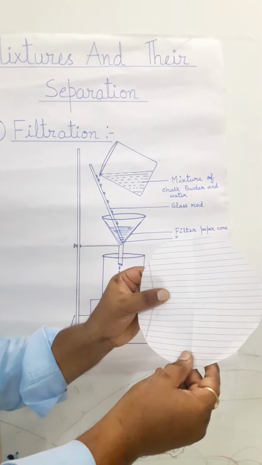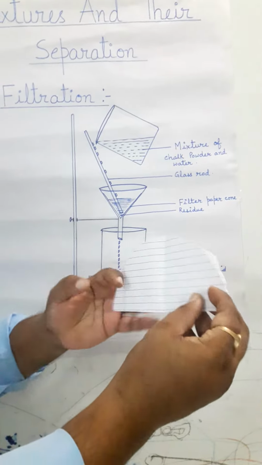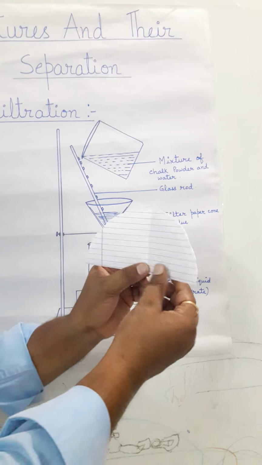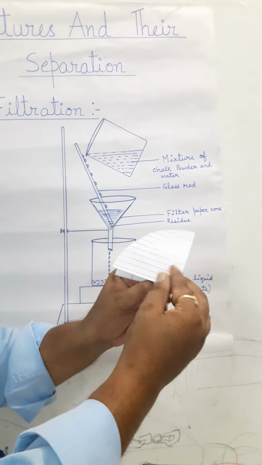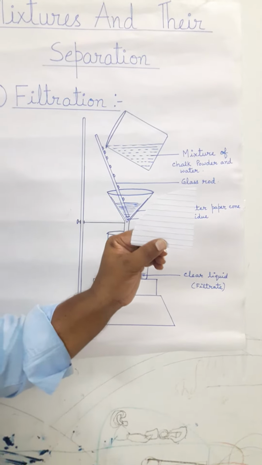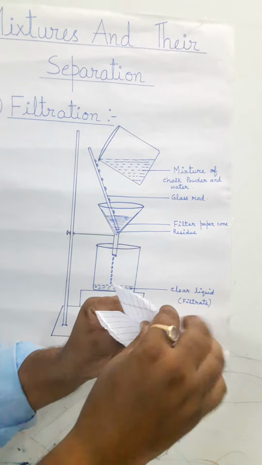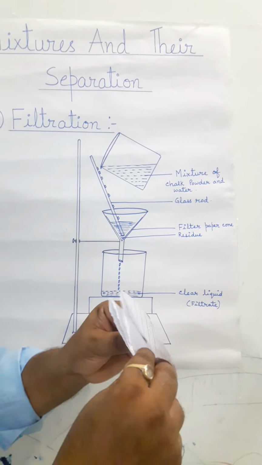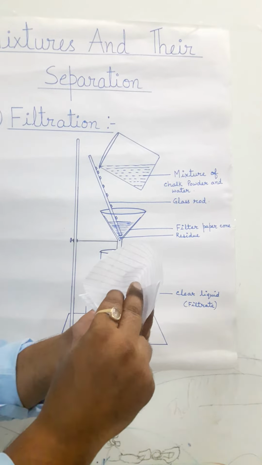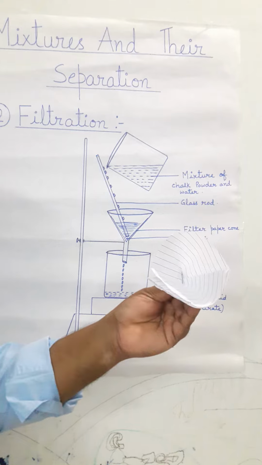And then we are going to fold this circular filter paper from the middle and change it into half of a circle like this. Then further we are going to fold this half of a circle from the middle and change it into 1/4 of a circle. Now this 1/4 of a circle has got 4 folds. 1, 2, 3 and 4. So in these 3 folds we will take one side and 1 fold we are going to take one side and make a cone of the filter paper like this.